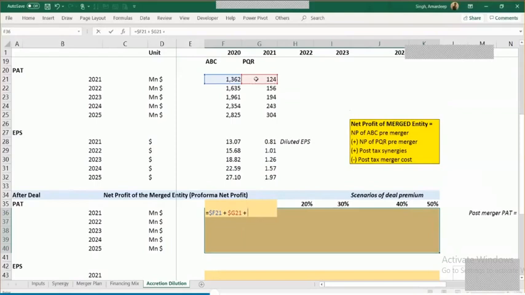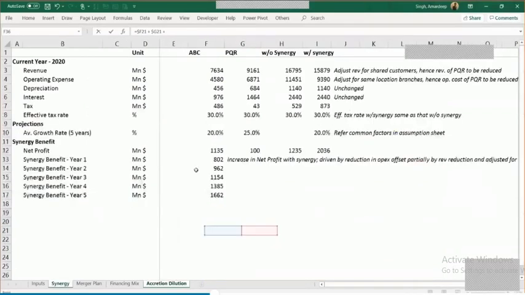Using the same logic, you would have to pick the synergy number, and synergy is available in the synergy sheet over here. And here also you fix just the column F. Just fix the column F, because when you go on the right hand side, your synergy numbers would still be there in the column F. So you don't have to change the column F reference.